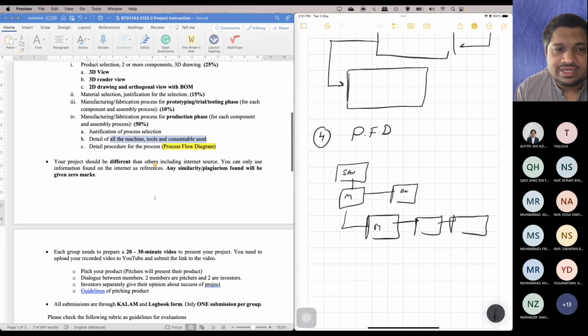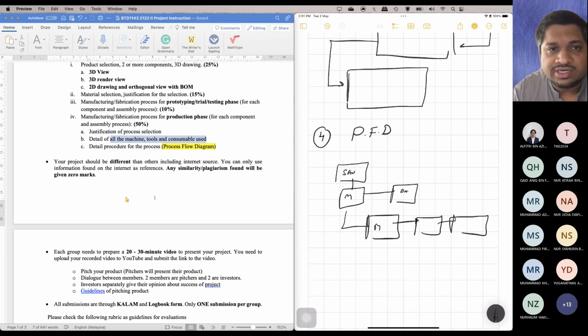Now you have to note that your project should be different from others, including internet sources. You can only use information found on the internet as references. Any similarity or plagiarism found will be given 0 marks, which means that you have to submit the report to